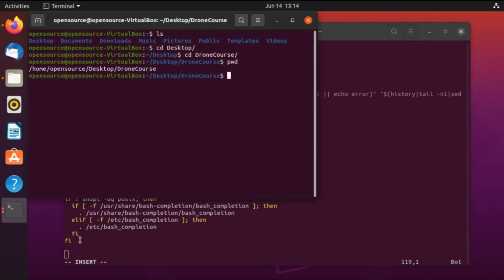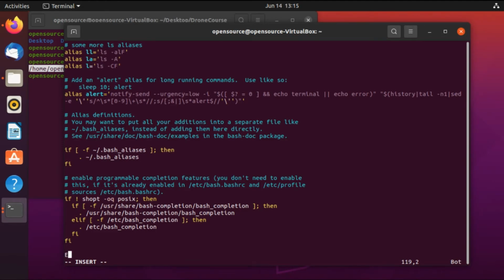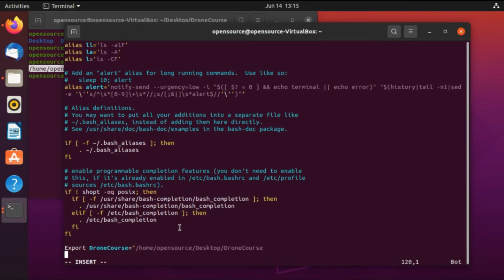Then enter pwd and hit enter. Copy this path quickly and go to the .bashrc file. Write export dronecourse equal to double quotes, paste the path, and don't forget to put a slash at the end and then end the double quotes.